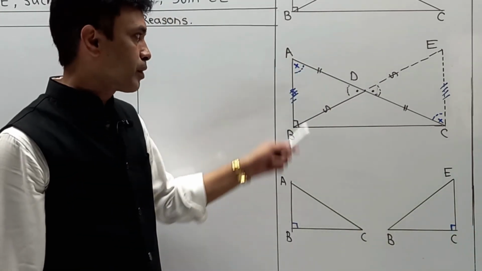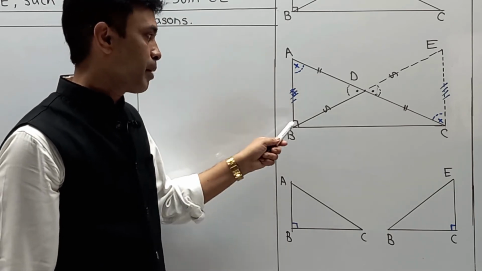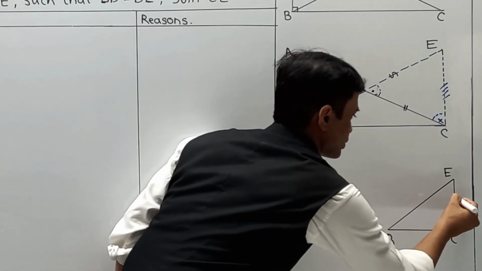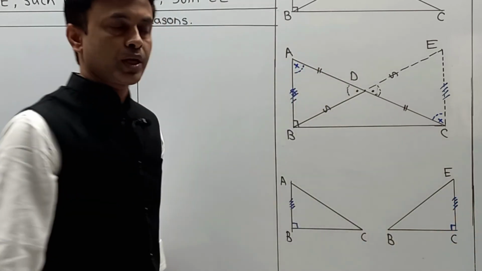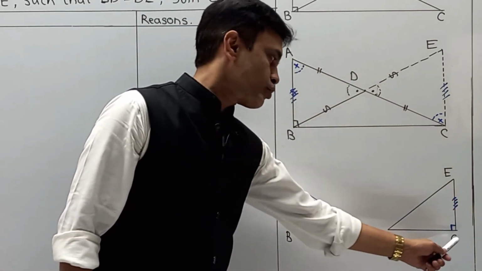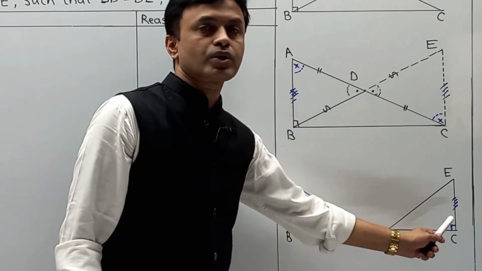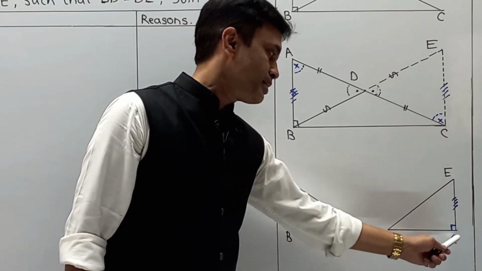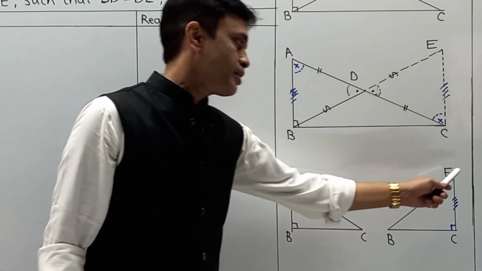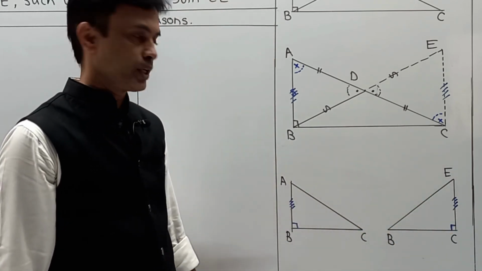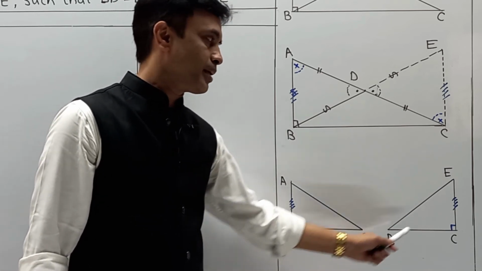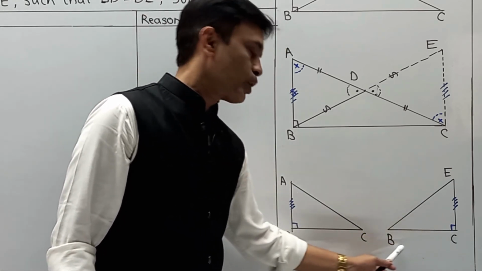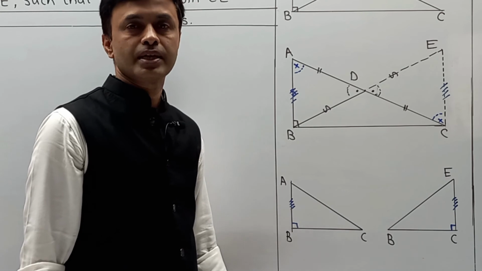Now next part, we have also proved in equation number 2 that AB is equal to EC. So we have AB equal to EC, that we already proved. And naturally the third side BC is congruent to CB, which means we can show that these two triangles are congruent. So once again, in triangle ABC and in triangle ECB, first AB is congruent to EC from equation 2 or 3. Next, angle ABC is equal to ECB, each 90 degrees. And third, BC is congruent to CB, common side or same side.